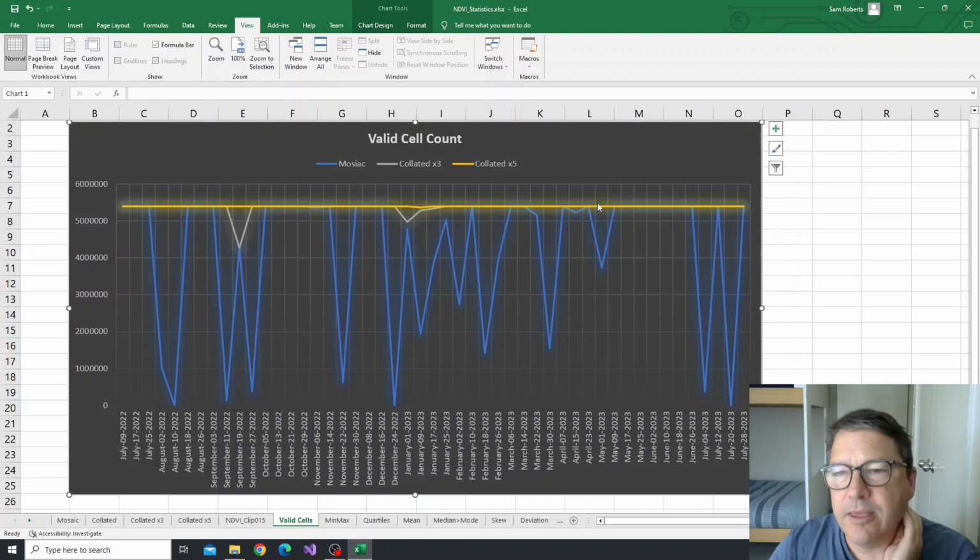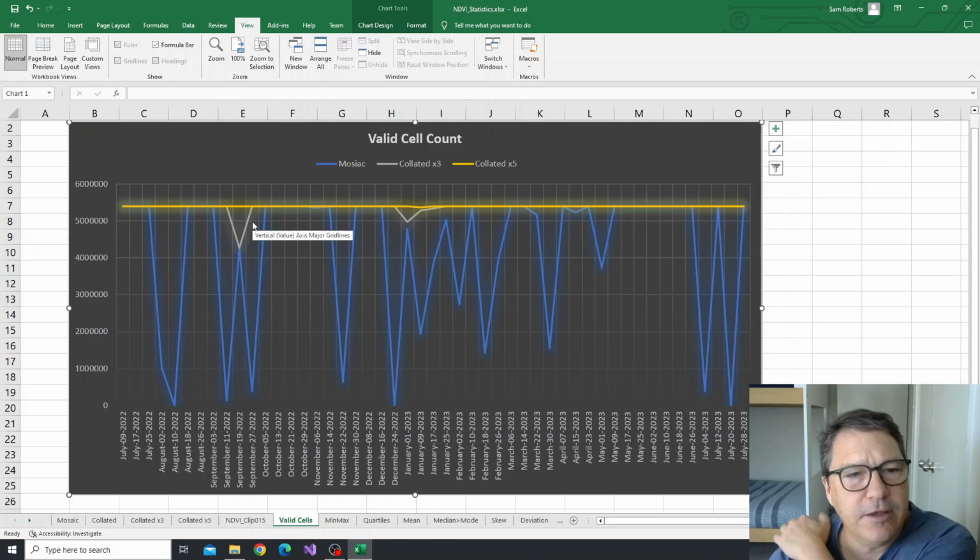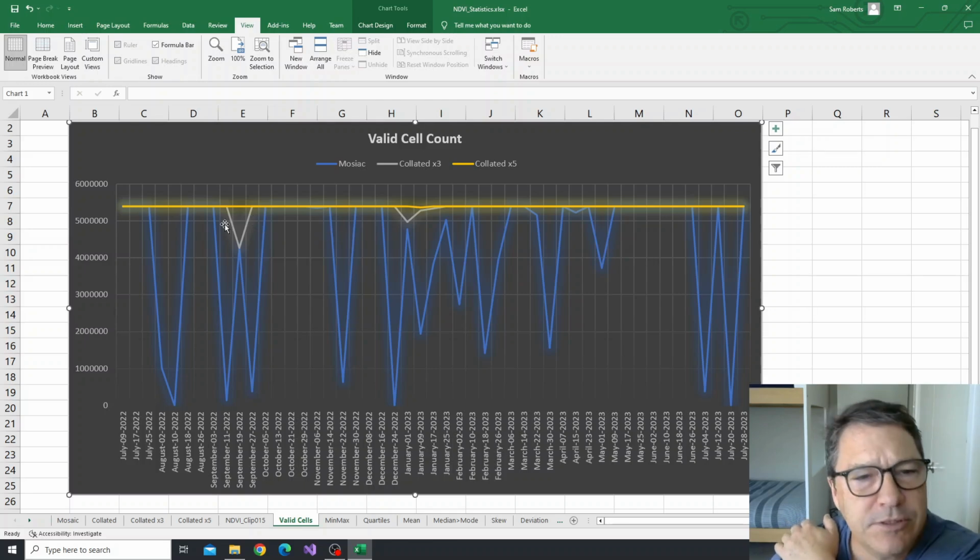Little dip there, but basically it fills up every pixel with valid data at every time point. If you go back to collated X3, that's this grey line, you can see that there's just a couple of places where it hasn't done as good a job as the 5 time point series, but mostly pretty good,